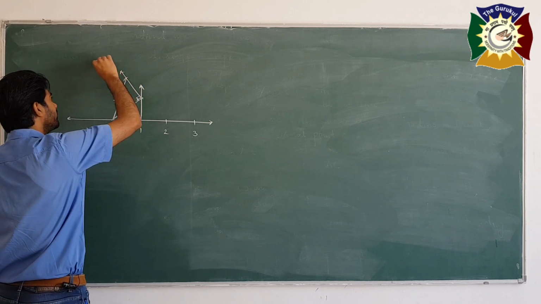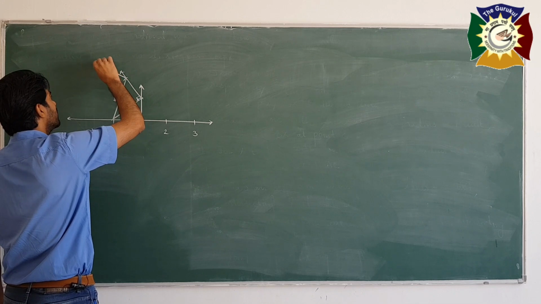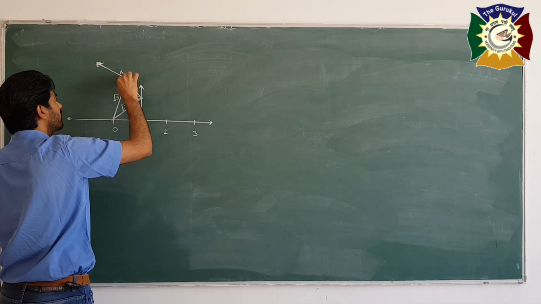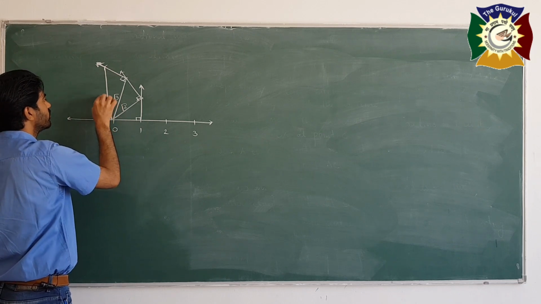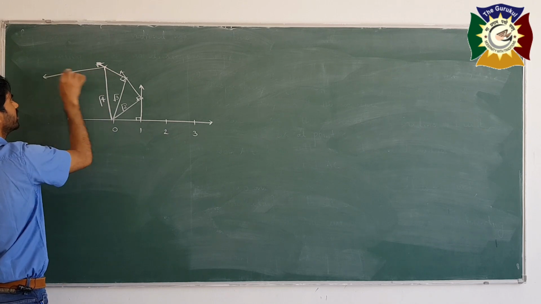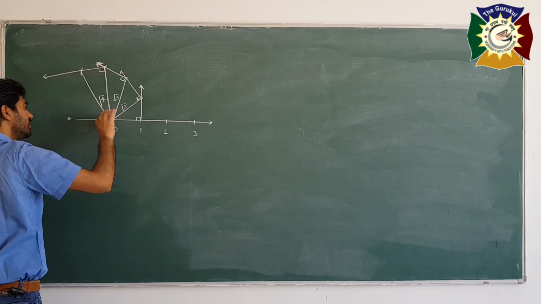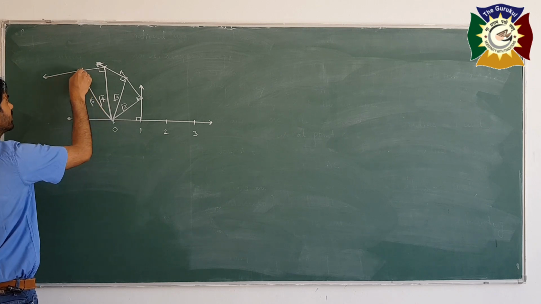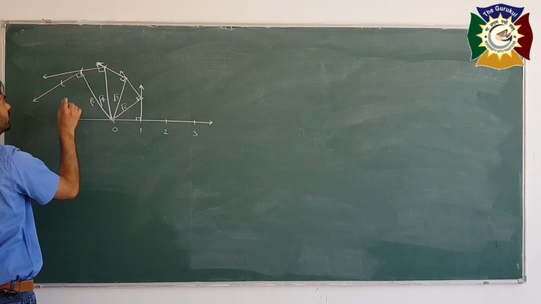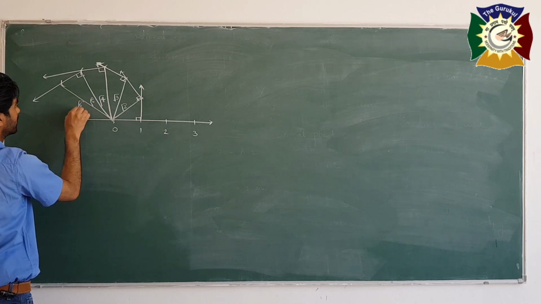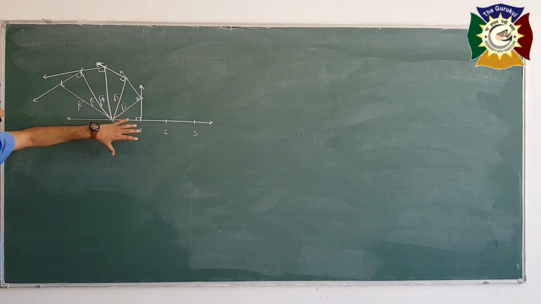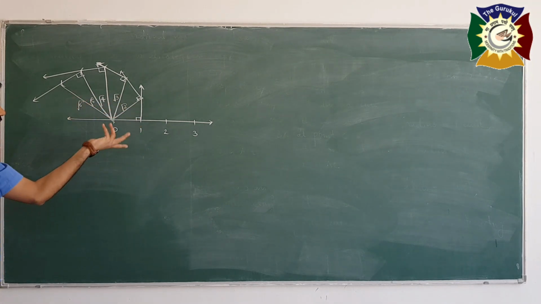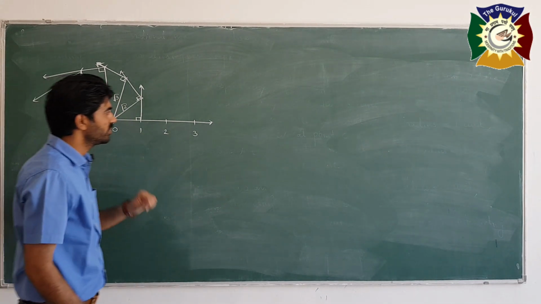If I take another ray which is perpendicular to this one, suppose this one is 90 degrees now, I cut 1 unit from this, so this will represent root 4. Again if I take perpendicular 1 unit I cut, this will represent root 5. Again perpendicular to this, cut 1 unit, this will represent root 6. This way we can represent the square root of any natural number or any integer on the number line by this method. One more method can be there.